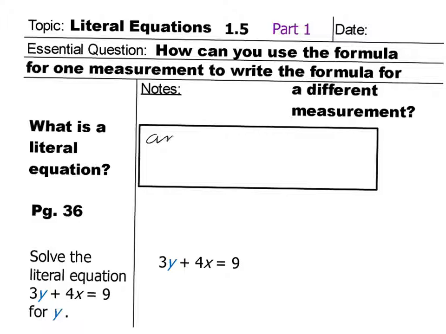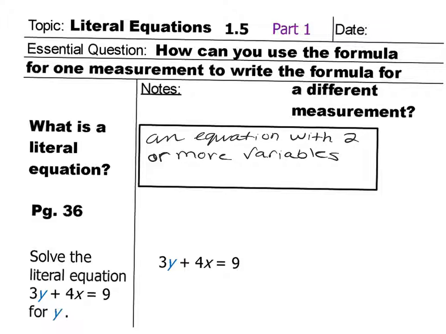So an equation with two or more variables. It's an O. There we go. So,